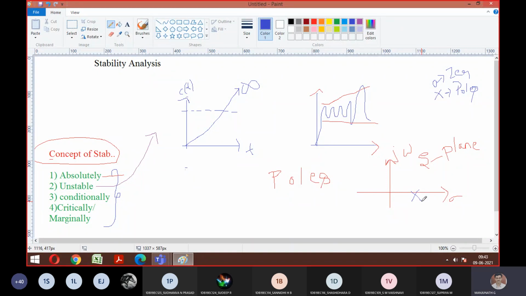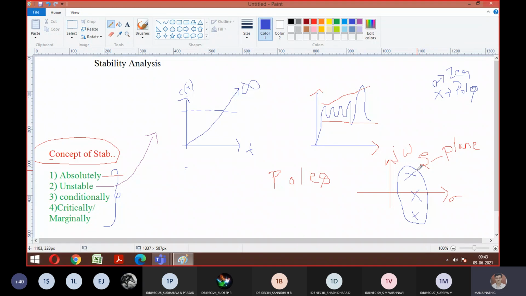Is it okay, guys, everyone? So towards your RHS, this is your RHS, right? This RHS can be here, or it can be here, or it can be here. So wherever the poles are, if they are towards your RHS, then we are going to treat the system as unstable. Am I clear with this?